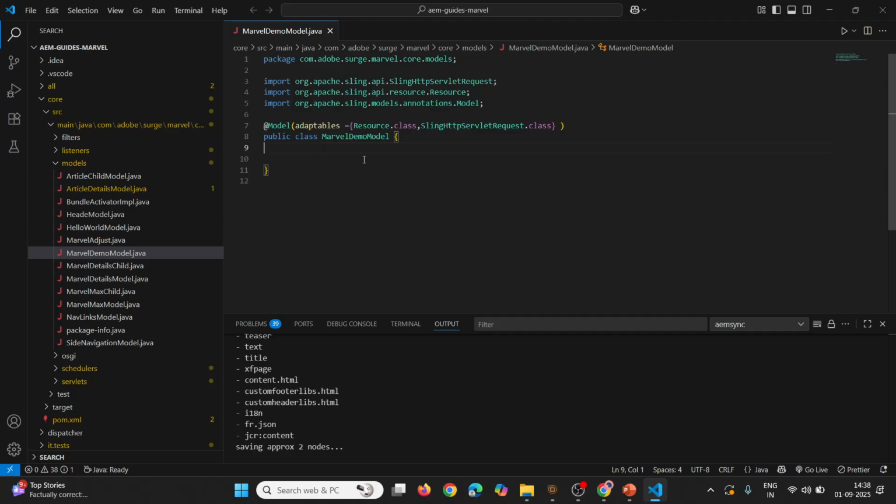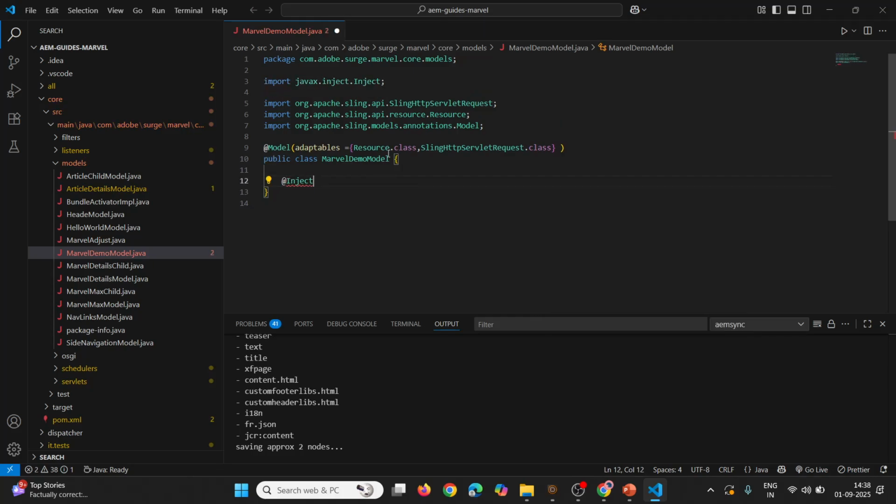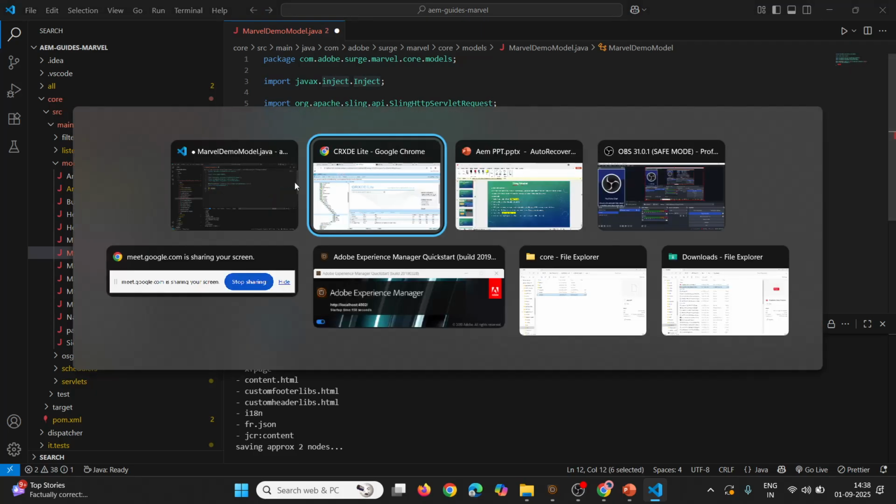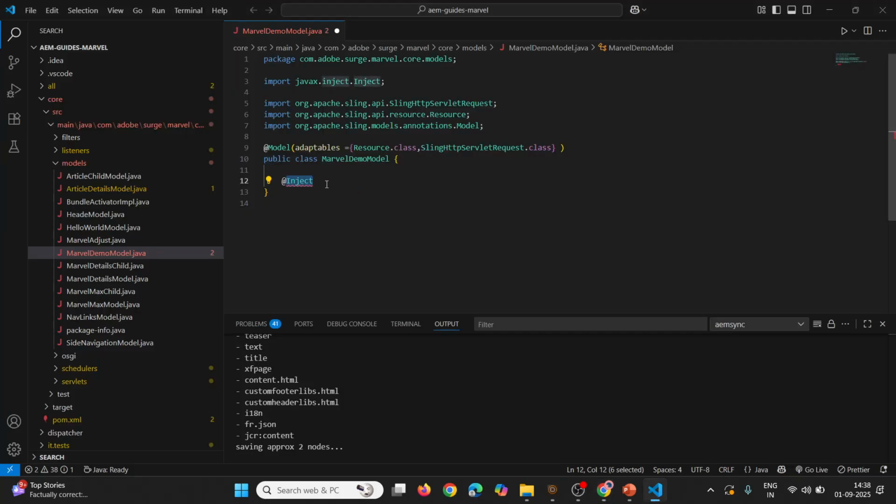There is no need to go for bigger things. Here we have one annotation, that is @inject. @inject is one annotation which is used to map your resource to the object. Resource is nothing but a property in the CRXDE, and object is nothing but a variable in the Java class. So @inject, and I want to store the data. How can we store the data in a Java class? If you want to store the data,